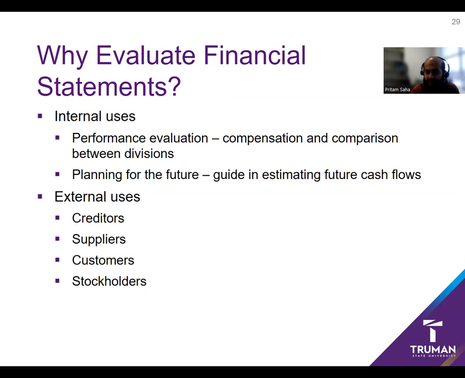Suppliers. Sometimes suppliers provide raw materials, inventories, and other items on credit, so you get the raw materials and inventories and pay at a later date. In those cases, suppliers want to see your short-term solvency ratios: how much working capital you have, your current ratio, quick ratio, and cash ratio, so that you can pay back all those short-term or current liabilities.